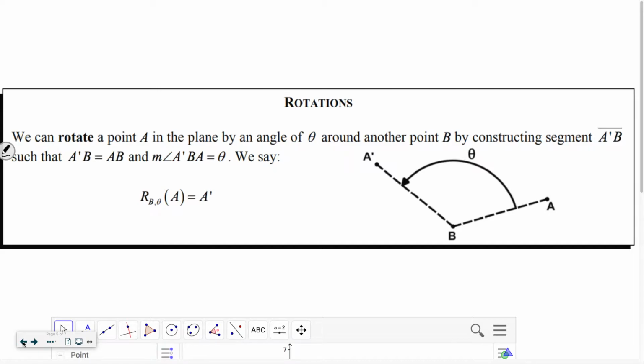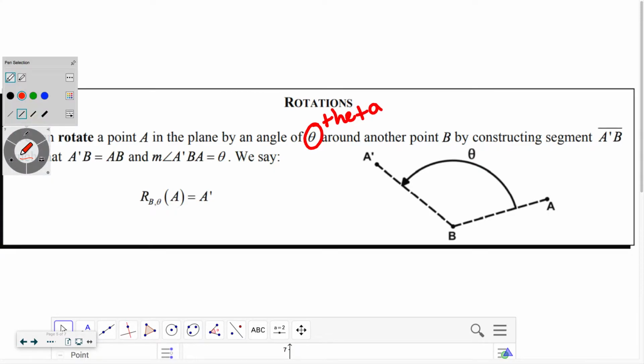So, let's see. We can rotate a point A in the plane by an angle of theta, okay? So this here is theta, all right? We can rotate by an angle of theta. That just means, hey, this is an angle. It could be 56, 20, whatever. Theta is an angle. So we can rotate a point A by an angle of theta around another point B